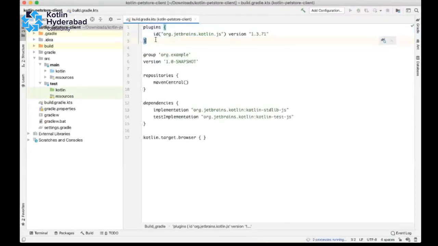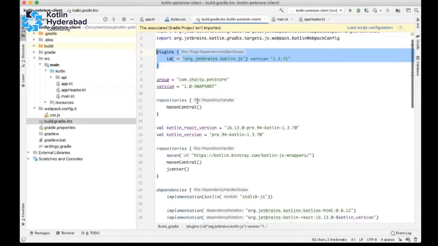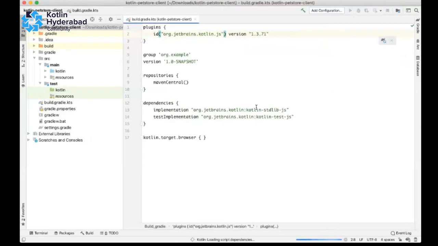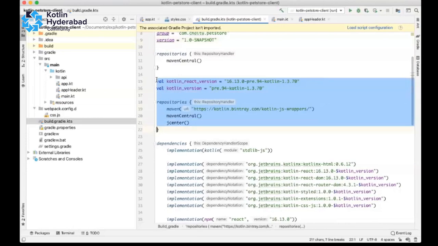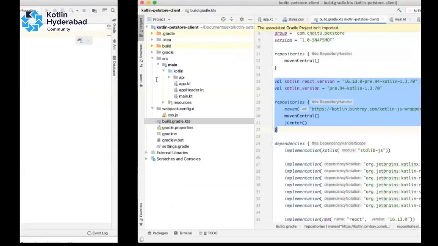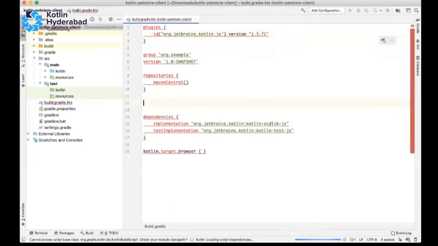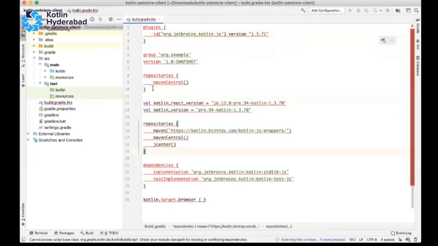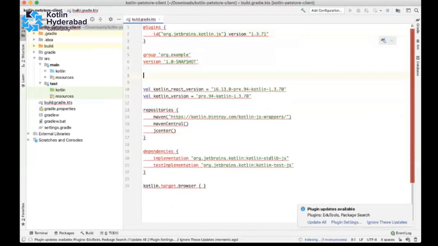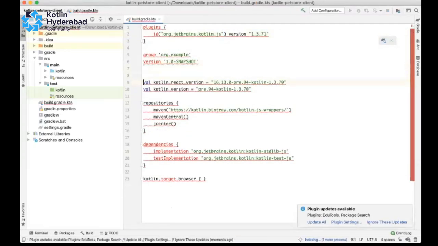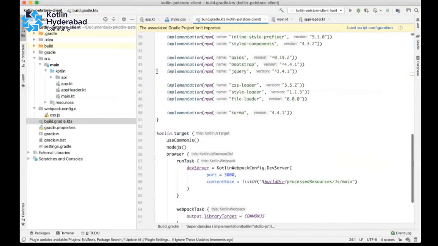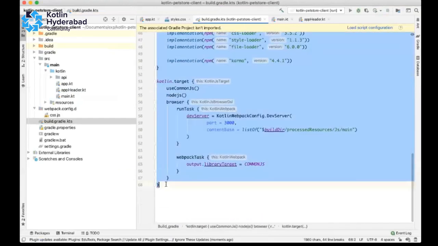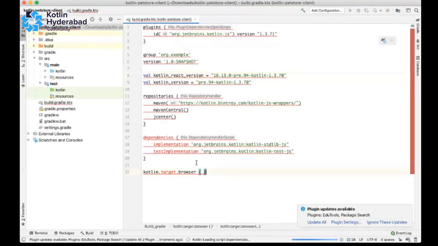If you see here, the changed things are like braces. We have group, version, repositories, but we need some other things. No problem, it will be in pure red for some time until the next build. I'm copy pasting some of the dependencies and tasks that are required for building web applications.